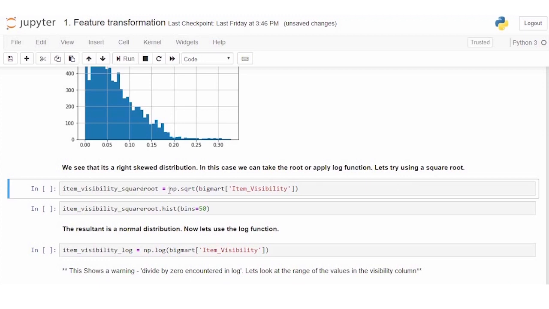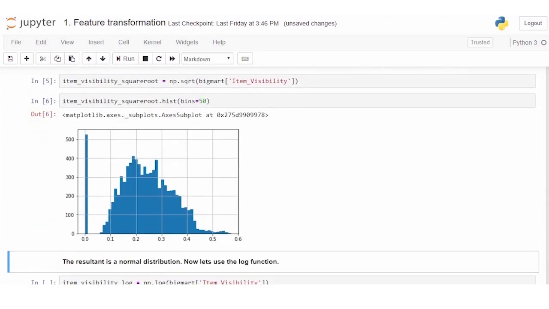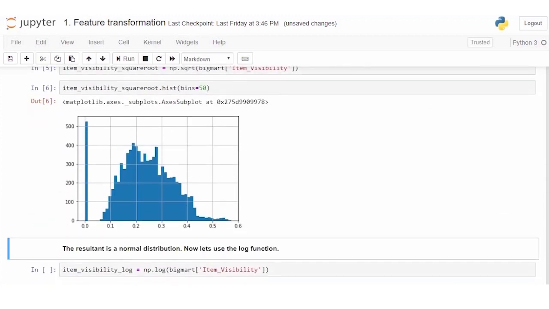Here I'm using the np.sqrt function to calculate the square root value. This distribution looks more symmetric. We can also see that there are a large number of values which have visibility 0 here. So we'll need to deal with them separately.